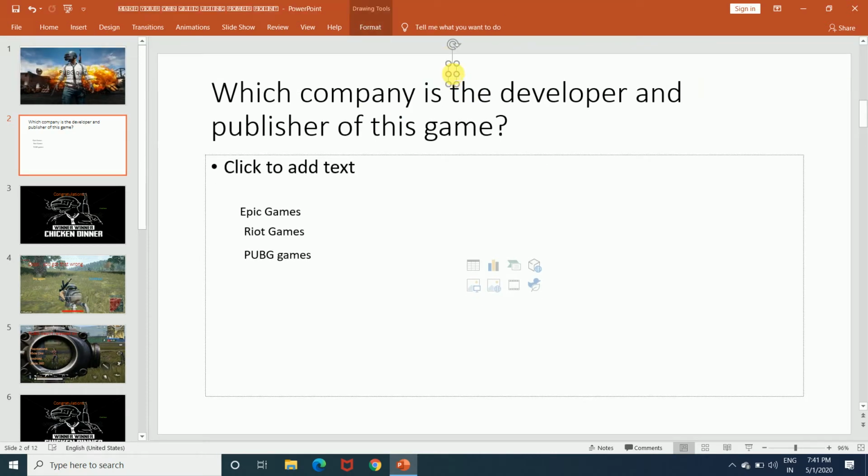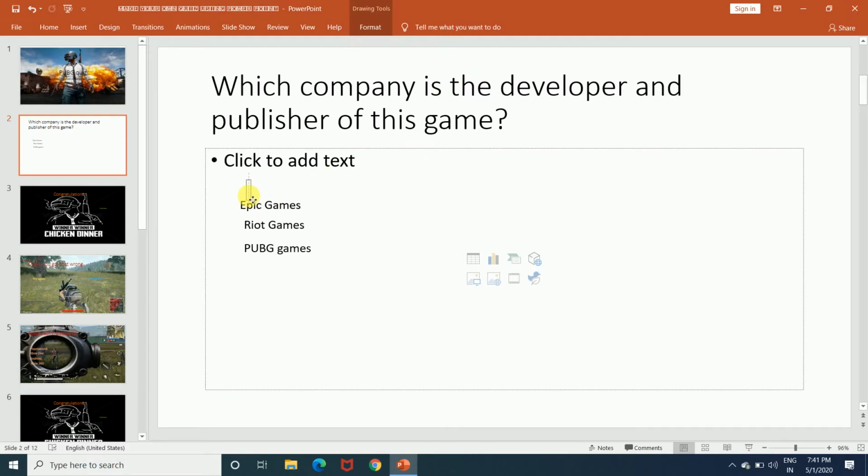Put your text box at the appropriate place and enter your text. Likewise, we have added 4 options over here following the same procedure.